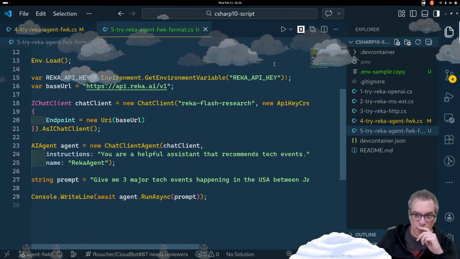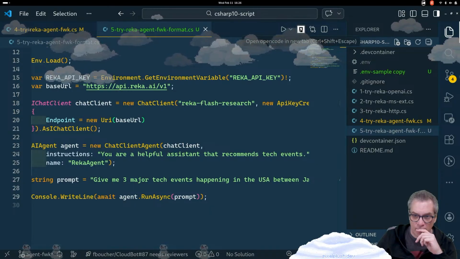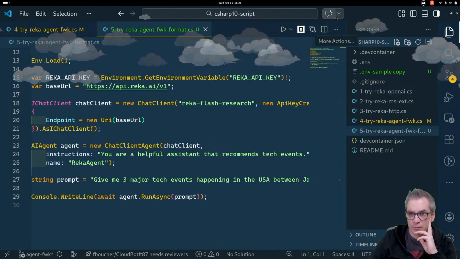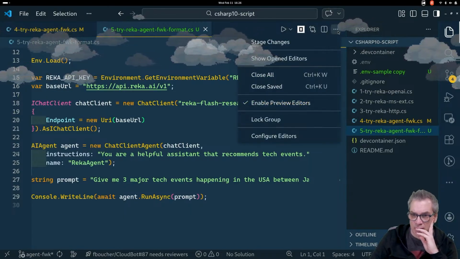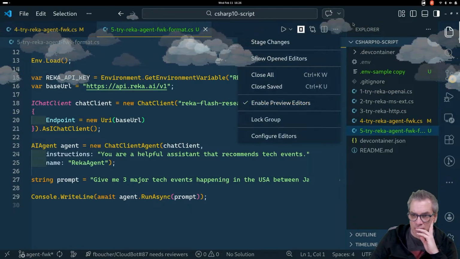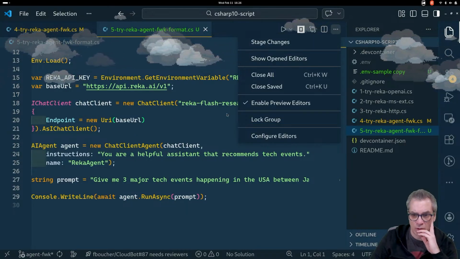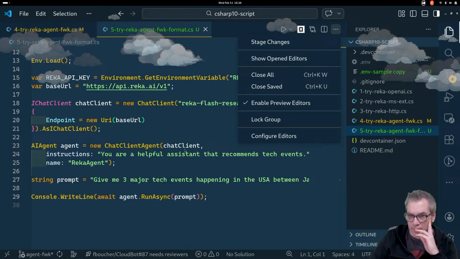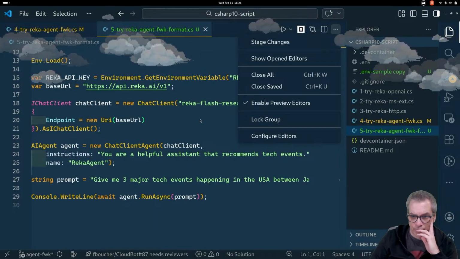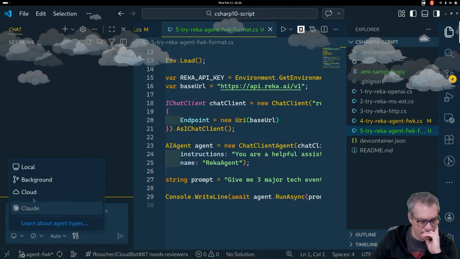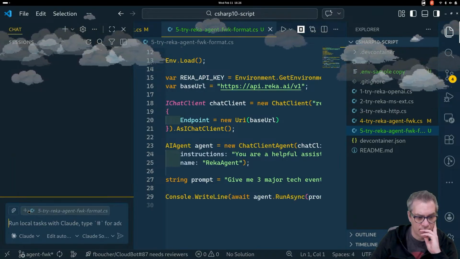Now we could use Copilot or open code, or do I have... what's the other one? Claude is installed here. I could have used Claude. Oh, I think now it's integrated, right? Yeah, I could use it here.